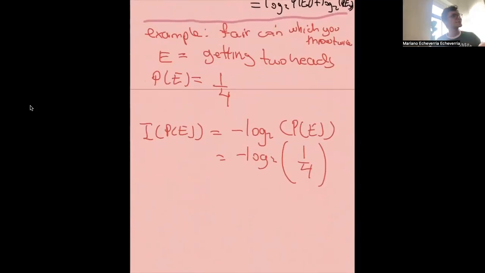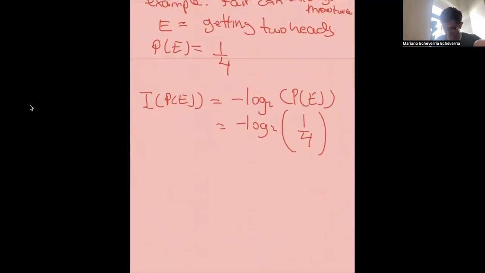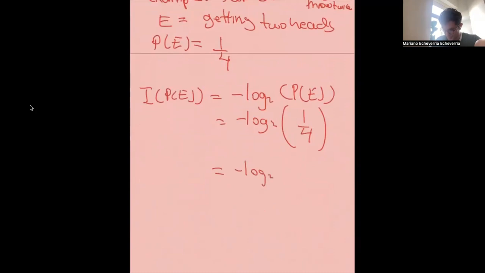For those of you who are taking discrete math or whatever, I'm sure you're working with log base 2 many times. So this is minus log base 2 of 2 to the -2, right? So what does that give you? It's just 2, because the -2 comes out, and with the minus it becomes 2, and log base 2 of 2 is 1, right? Is that making sense? So the information is 2 bits,